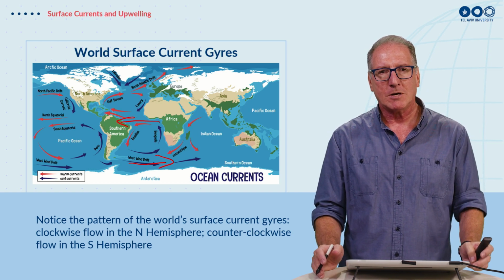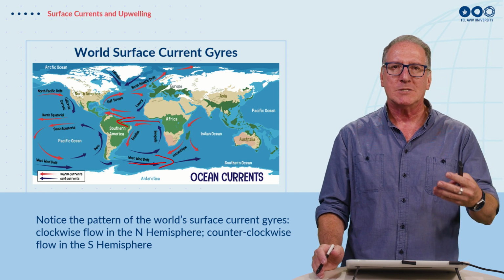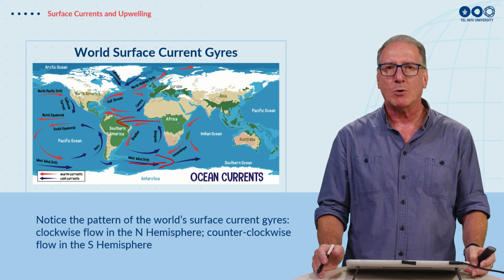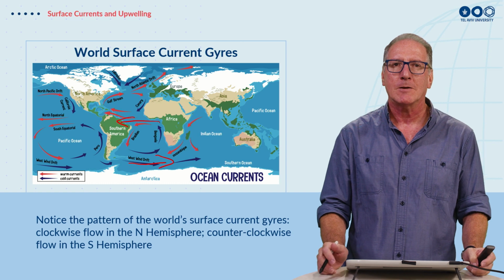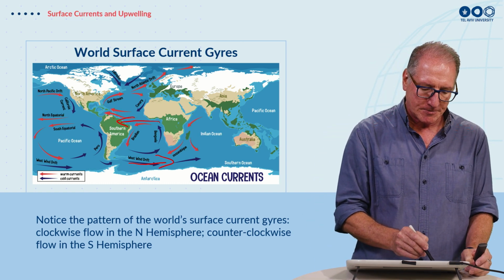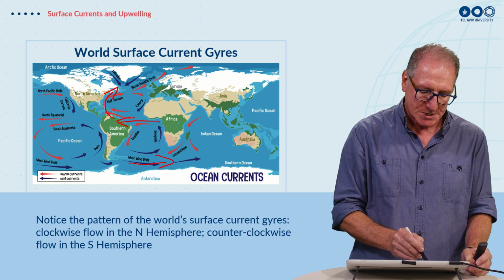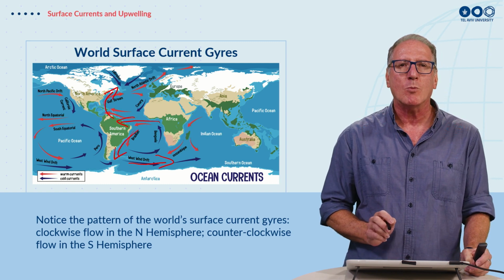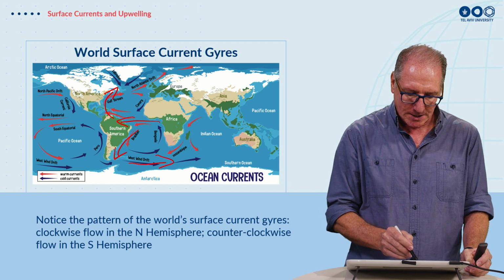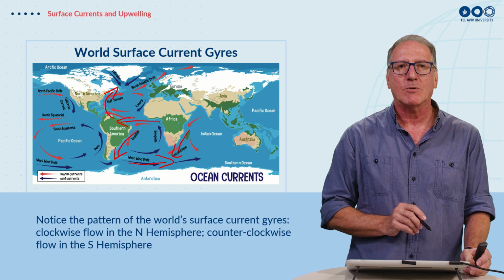And so if you look closer here, you'll see that the tropical warm water is being transported towards the poles, always on the western side of the oceans. So we have here, for example, the Gulf Stream, which is taking warm water up to the polar regions. We have the Brazil Current, which is taking warm water south. We've got here the Agulhas Current, which is taking warm water to the south, and so forth.